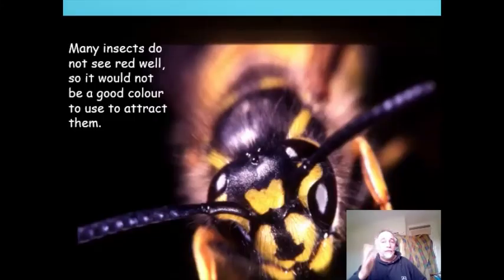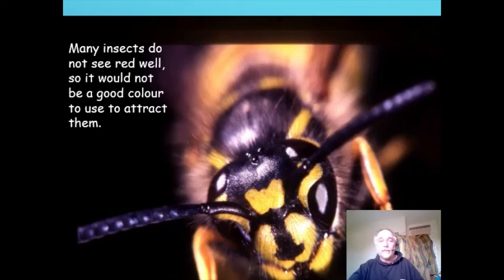Well, if you said because they can't see it very well, you're absolutely right. Insects don't see the color red very well. It's because of where it is on the visible light spectrum. It's at one end, which insects don't see very well, and as we move through the visible light spectrum, we get over to where insects see much better. Now, that being said, insects don't see red very well, but birds do, which is why we do have some flowers which are red in color. Another reason for the red color is to tell organisms or plants not to eat it because there's some